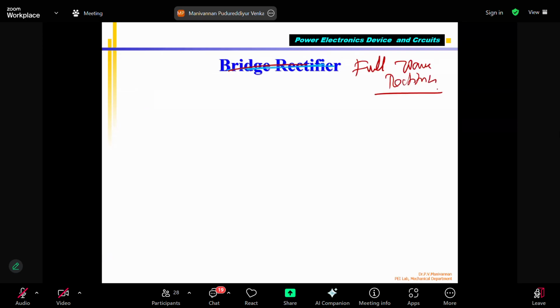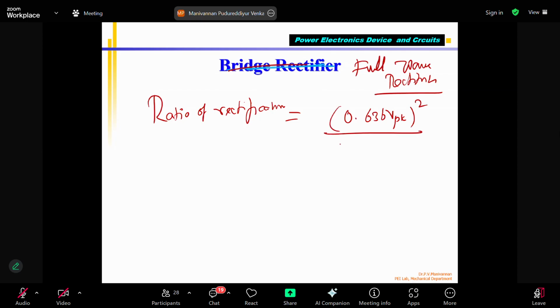Okay. So, full wave rectifier. We already saw another important factor, which you call rectification ratio, or ratio of rectification. The ratio of rectification is written as 0.636 into V peak whole square. Take this formula, divided by